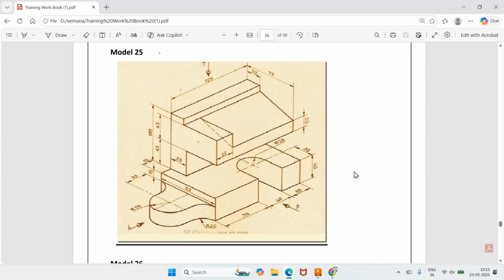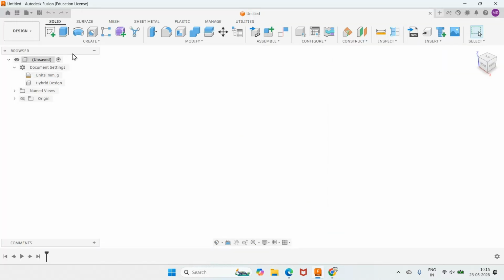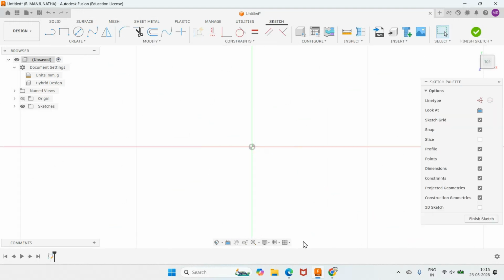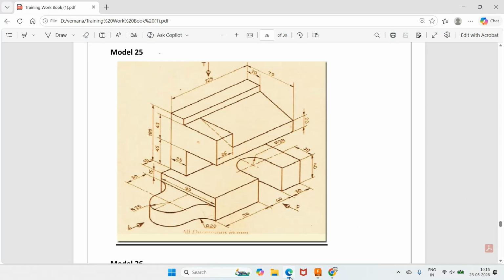In this video, we are going to take up one more model, how to create this particular model by using the Fusion software. So to do this, first we will go to Fusion and I will go for a sketch and I will take the top plane as the reference. Then from here, I will create,